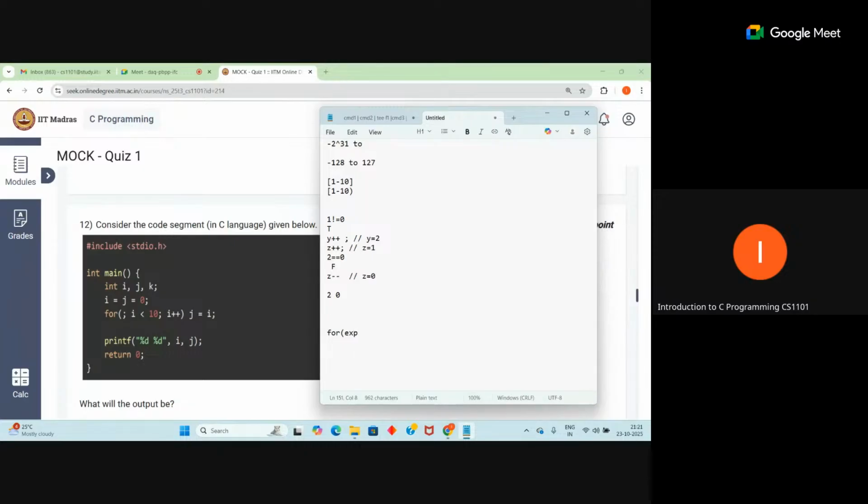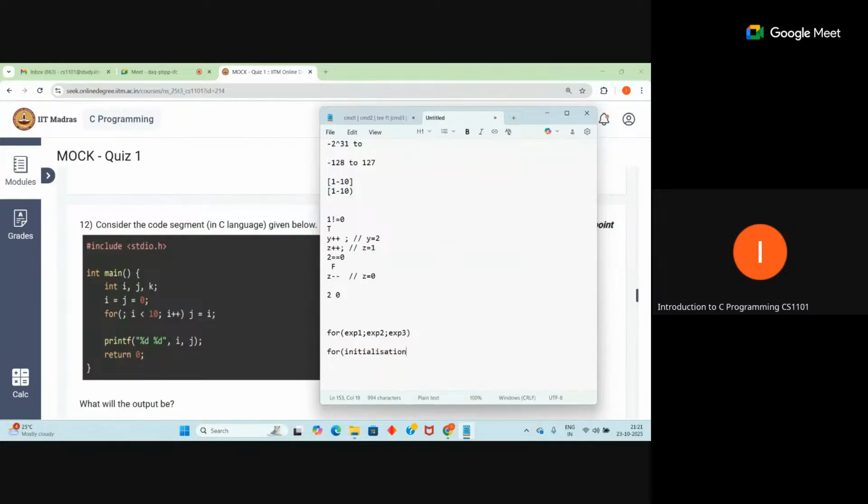The first statement will have 3 expressions: expression 1, expression 2, expression 3. You can say condition 1, condition 2, condition 3, or whatever it may be. In general, for easiness, the first expression is the initialization,